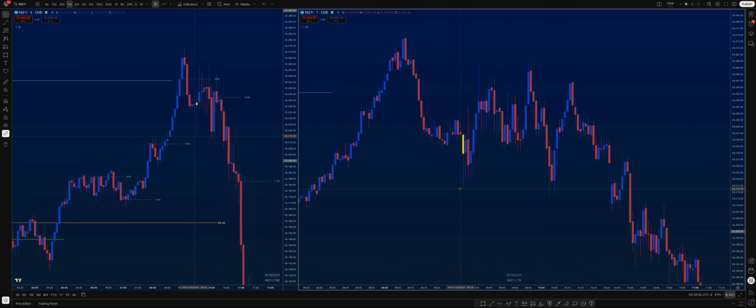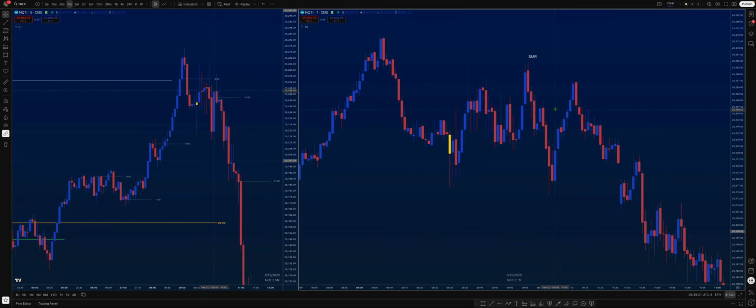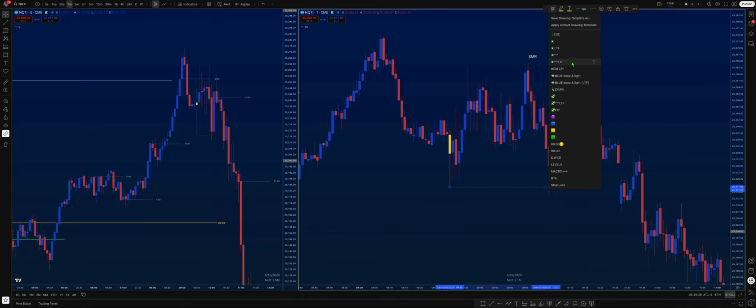When we have this, it starts a market maker model framework where we have the retracement. At the high of the retracement, that becomes the smart money reversal. And I'm going to put that in here as SMR. After the smart money reversal, we break the low. And sure, you could say, okay, we've got first stage of the market maker model here, and then we've got second stage. If you look at the 15-second charts, it's probably around here somewhere. And when you hit the low, that's the market maker model completed. You can say that on a fractal nature, but